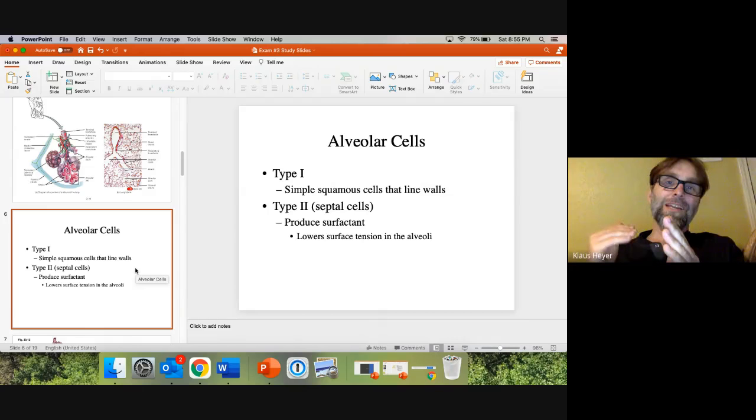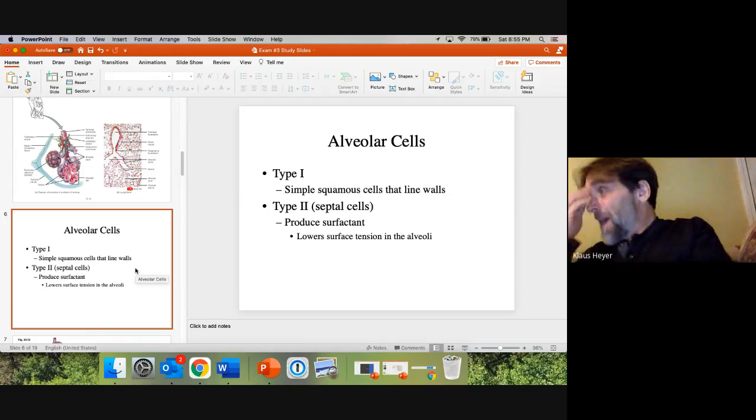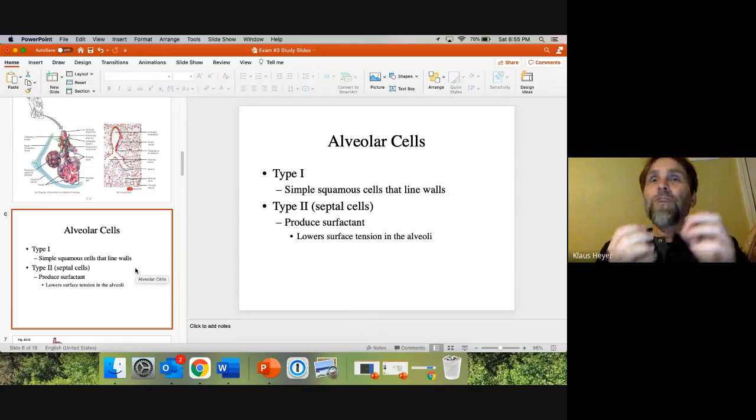So oxygen needs to bust past that barrier of water. Water has a high surface tension. So you have to get past that water so that the oxygen can move into